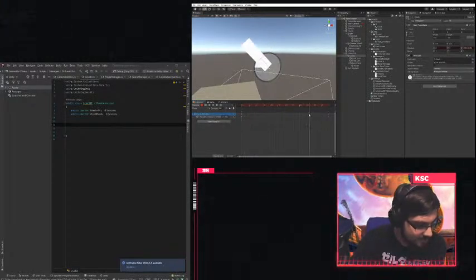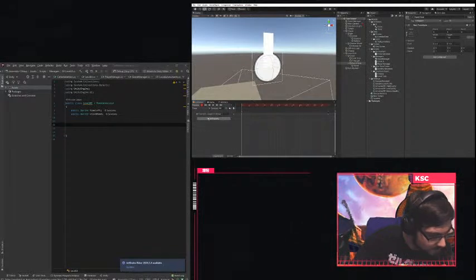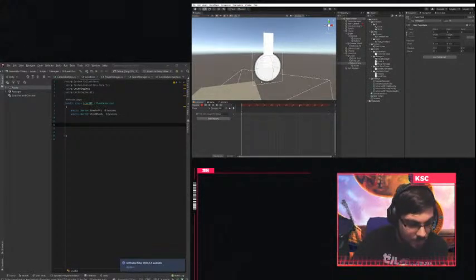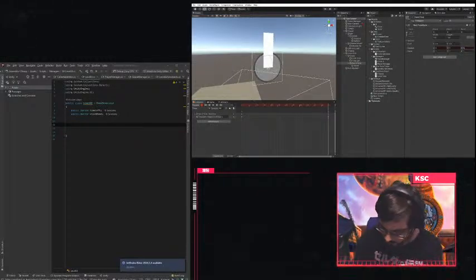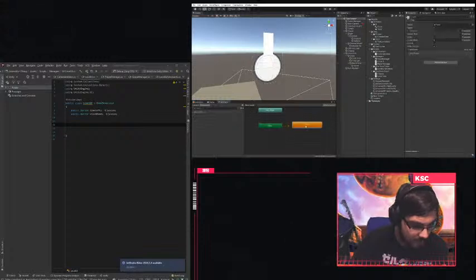Oh. Oh. Well, that's weird. Okay. 0. 360. Alright. The whole point of this is so essentially now that we have this set up in our animator,